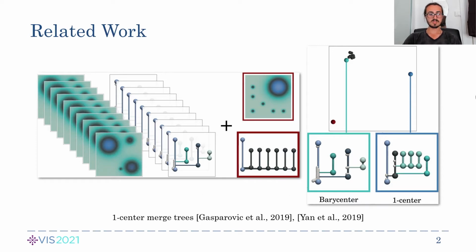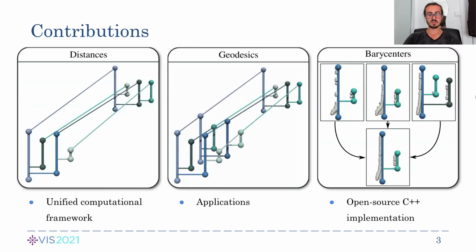In this work, we propose a new method to compute distances between mesh trees that are purposely designed for the efficient computation of geodesics and barycenters. It constitutes a unified computational framework implemented in a single clustering algorithm that generalizes the barycenter program as well as the geodesic and distance program. We show the utility of our approach to ensemble analysis and visualization applications, and finally, everything is available, including an